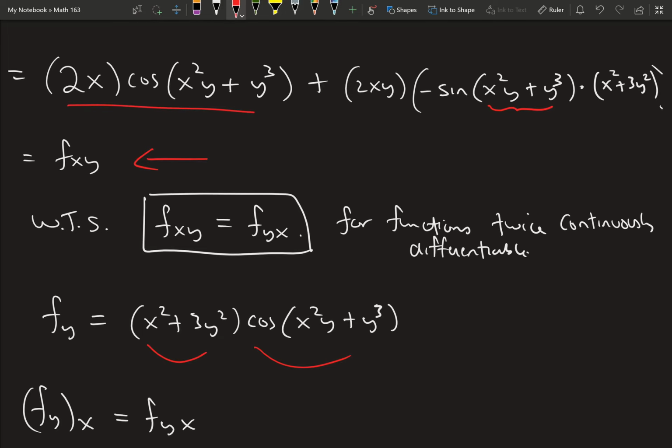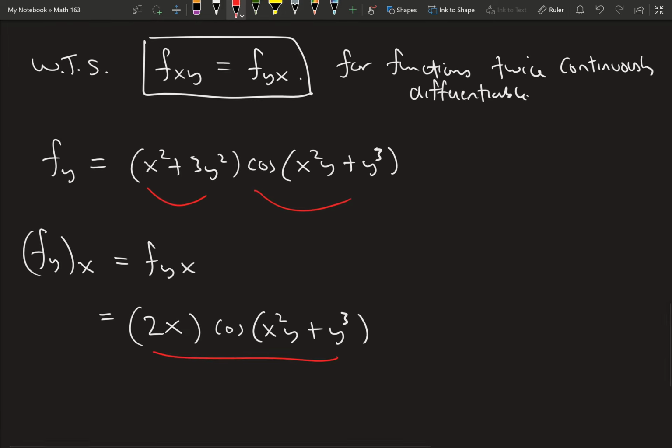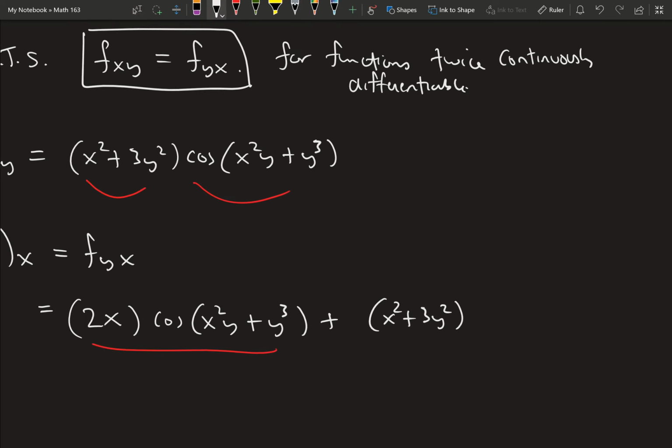This term is exactly the same as this term. And then we have plus, we leave the x squared plus 3y squared alone, and take the derivative of the second part, which is the cosine of x squared y plus y cubed. So we have times negative sine of x squared y plus y cubed